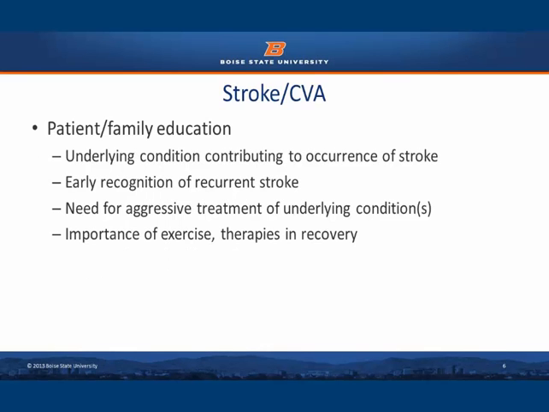Patients and family members should be educated regarding contributing factors that may have caused the stroke, risk factors, treatment plan, and early identification and avoidance of recurrent stroke. Referral to local support groups may also be appropriate. Screen for and treat for depression. I feel like I'm repeating that over and over, but that's quite a common occurrence with most patients suffering from neurological disorders.